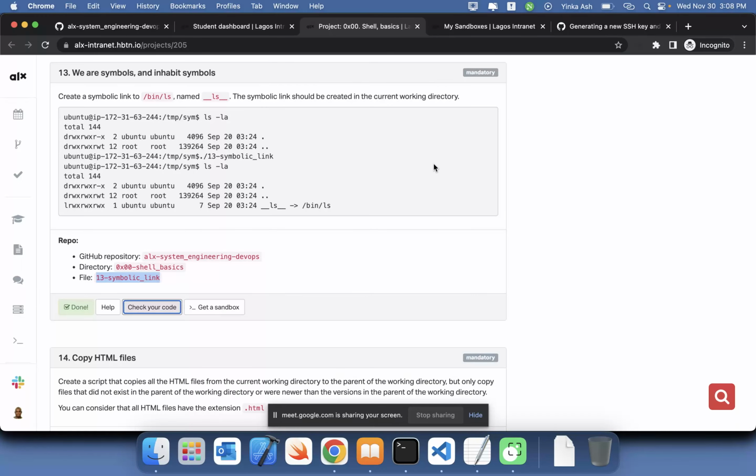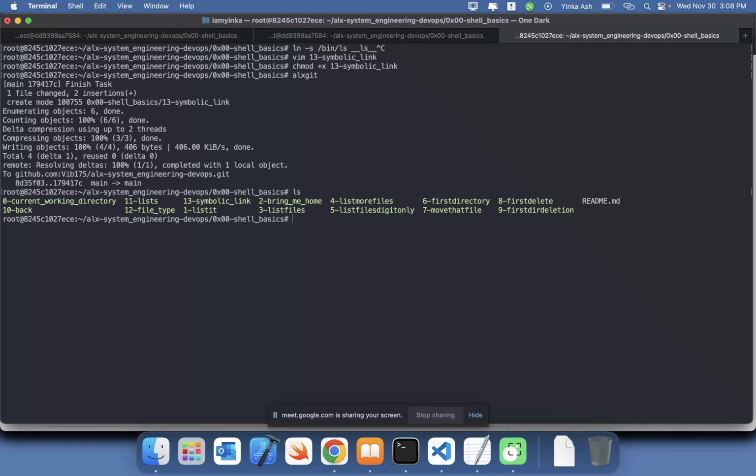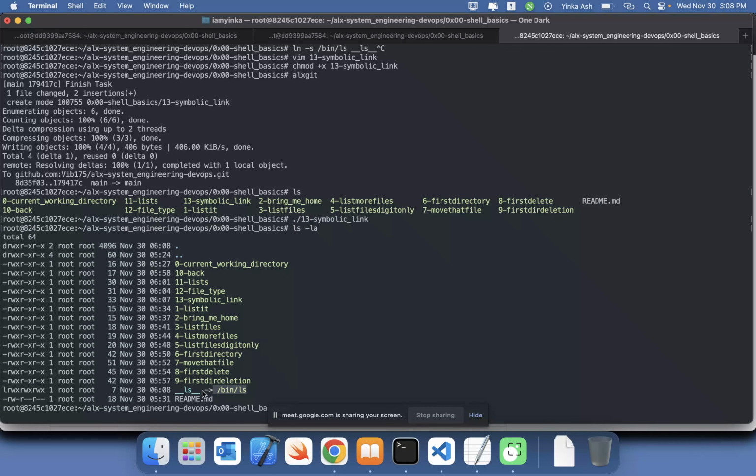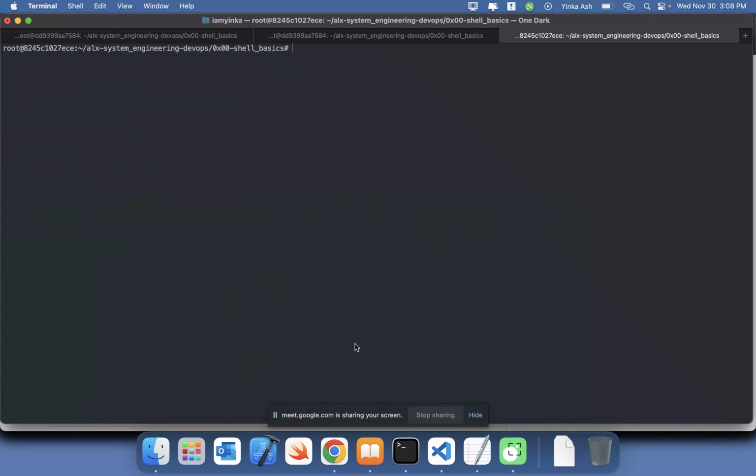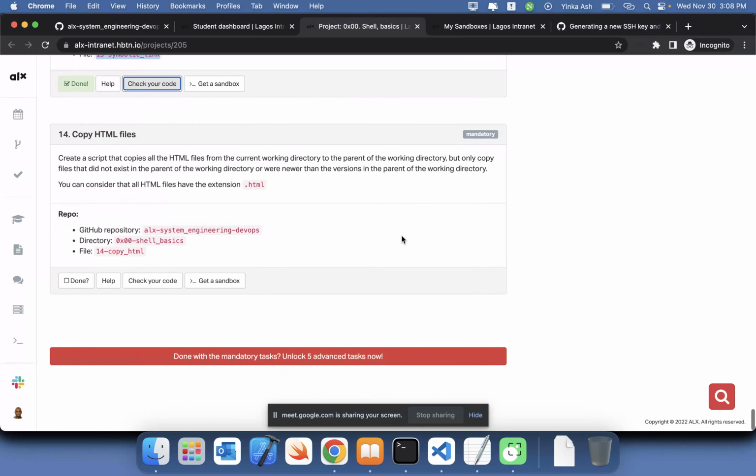So you see, even if I run the scripts myself and then I do ls -a, you can see the file here. It wasn't there earlier, so that's why it passed. So for this,